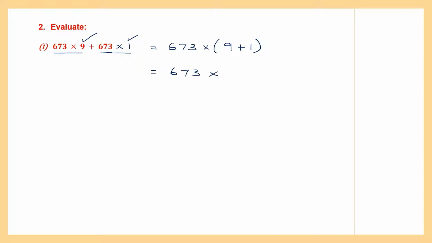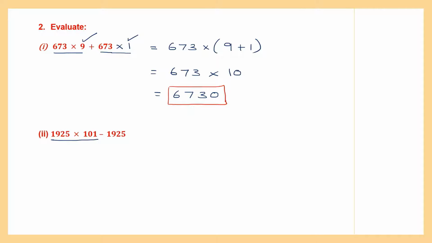673 into 9 plus 1 is 10, which is 6,730. So our final answer to this question is 6,730. So when you use the distributive property, your working becomes easier. Now, second question. Here I have